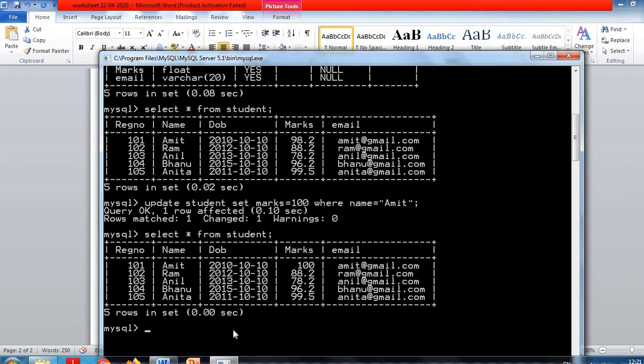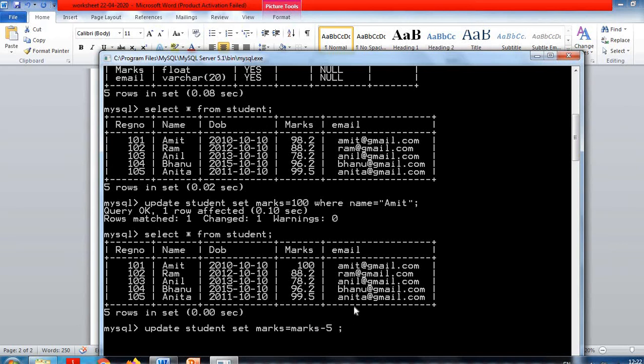In a similar way, if you want to update all records by some number, like set marks equal to marks minus 5 for all the students, I am writing the command update student set marks equal to marks minus 5.